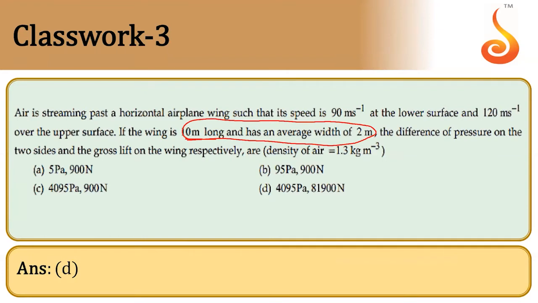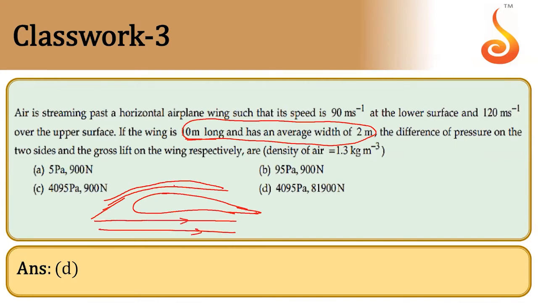So gross lift means upthrust, that is upward force, because of Bernoulli's principle. Dynamic lift we call. It's not force of buoyancy. It's like force of buoyancy, but here we don't say it is force of buoyancy. Say this is the side view of the wing. Air will flow fast on the top, but it will flow slow on the bottom. Now, say this is point 1, say this is point 2. Point 1, point 2. Apply Bernoulli's principle.